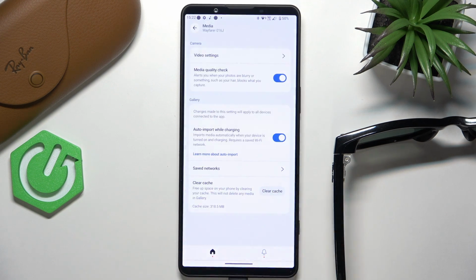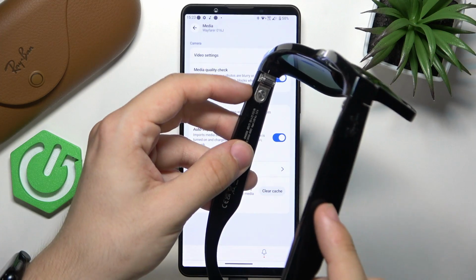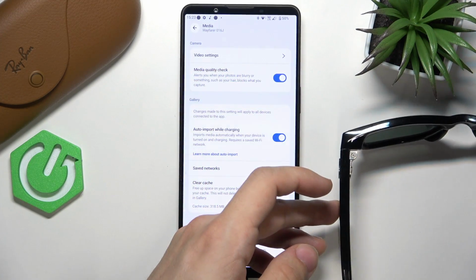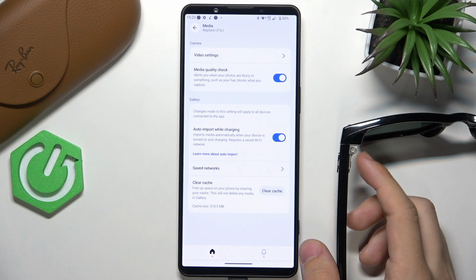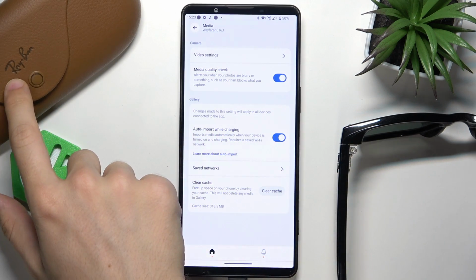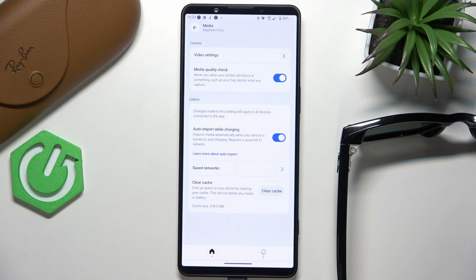Make sure auto import while charging is enabled, and what it does is basically if your glasses are on with this switch, and also if they are put in the case and charging and plugged into power, then it will automatically import all the videos and photos